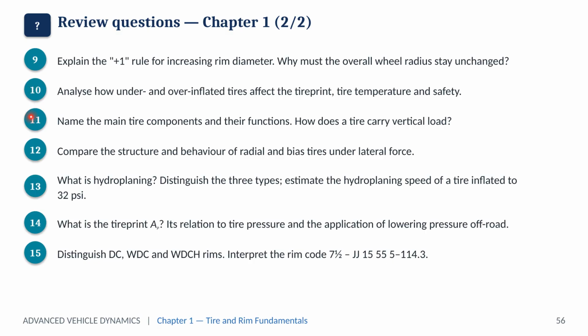Question 12. Compare radial and bias tires under lateral force. Question 13. What hydroplaning is? Its 3 types, and the hydroplaning speed of a tire at 32 psi. Question 14. The tire print and its relation to tire pressure. Question 15. Distinguish the 3 rim types and read the rim code